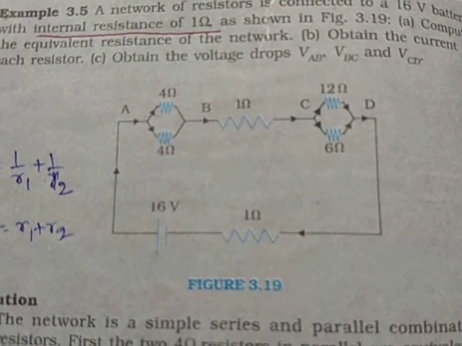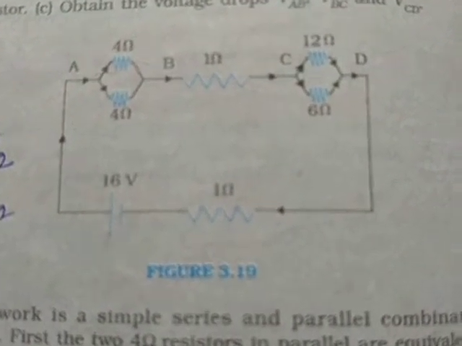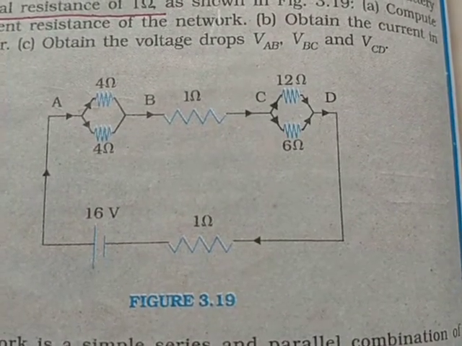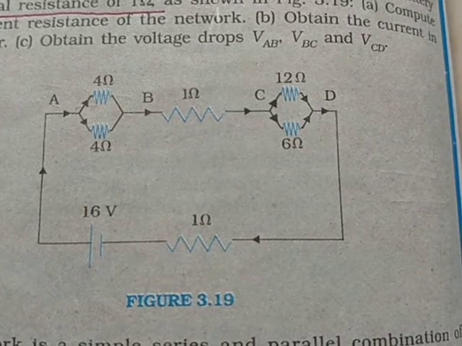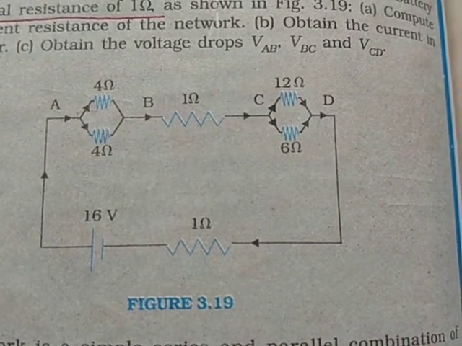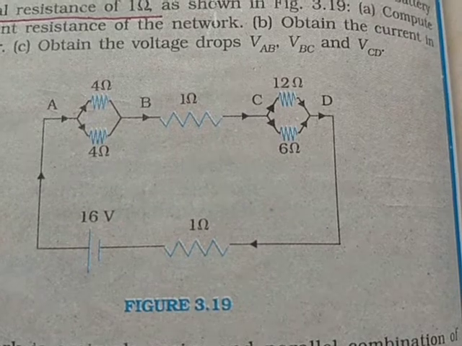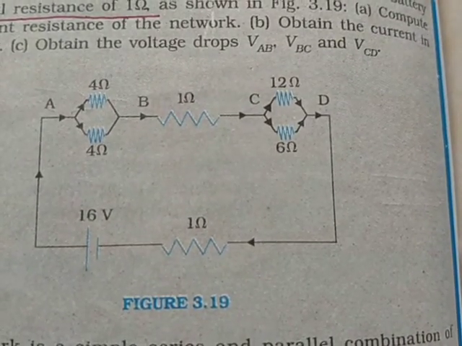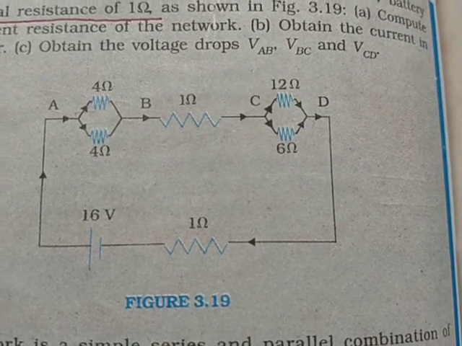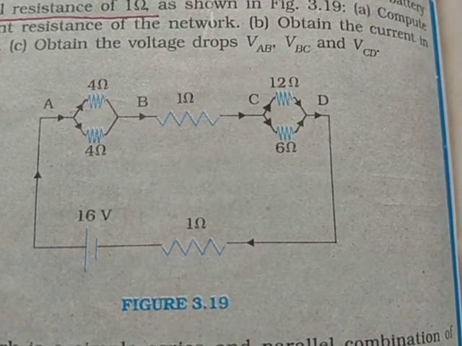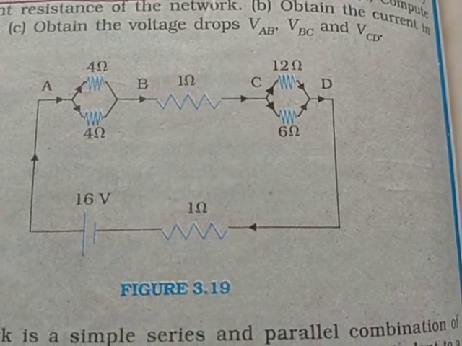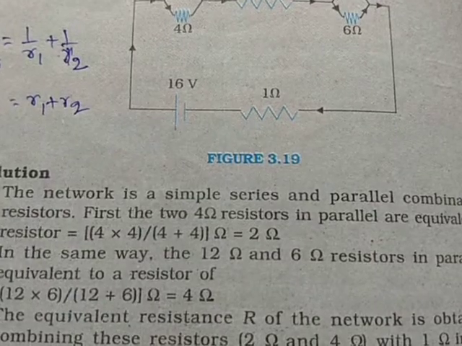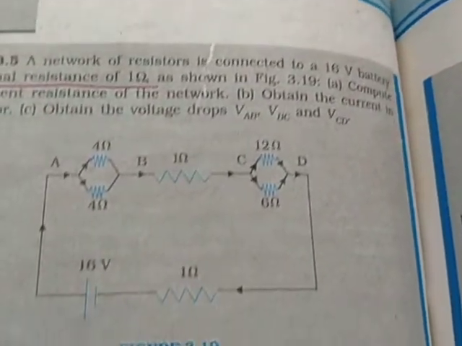and therefore the total resistance, now the resistances are in series, so we calculate it by adding them. Between A and B we have 2 ohm, between BC we have 1 ohm, so 2 plus 1 is 3, and between CD we have 4 ohm, so 3 plus 4 becomes 7 ohm, and that added with 1 ohm becomes 8 ohm, and then we add the internal resistance of the cell, which is 1 ohm, so that is,